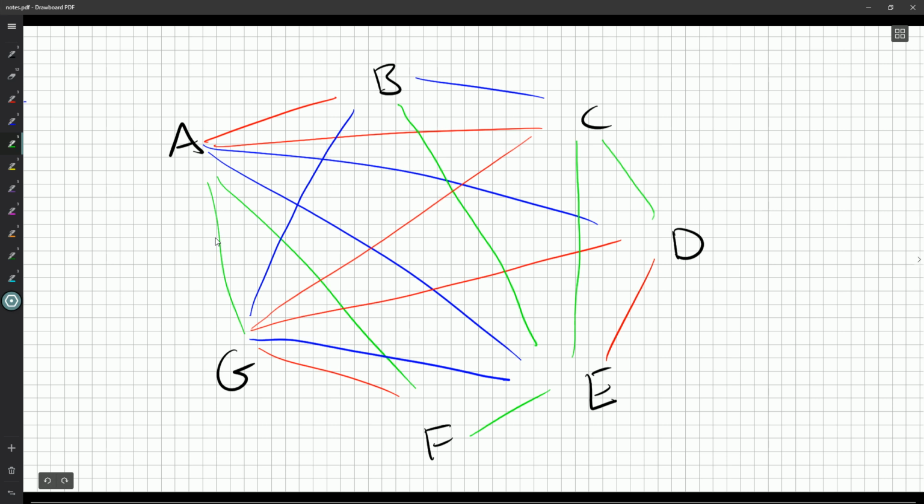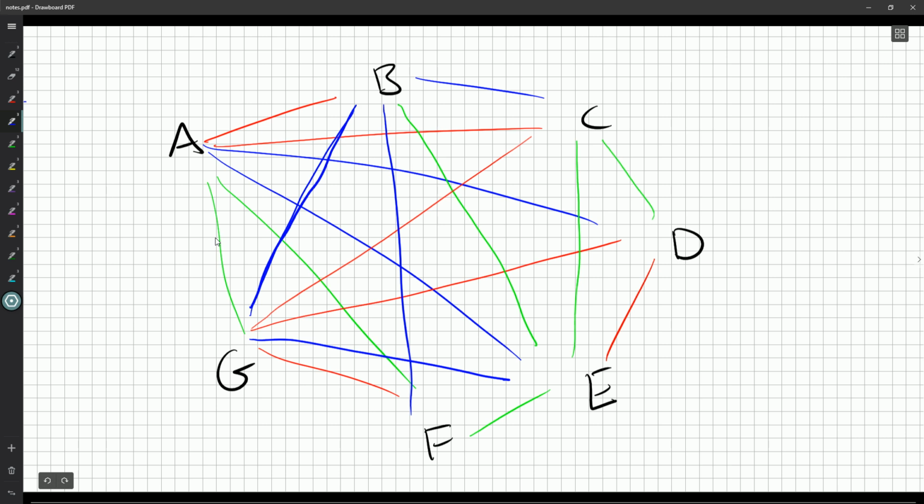Now, B to F can't be green, because B to E and E to F are green. It looks like we could have it be blue. I don't see any reason why not to. I would have liked it to be green because I've got a blue here and a red from G to F. But c'est la vie. Now that does give me A, B, F is diverse. And I'm just sort of playing around.